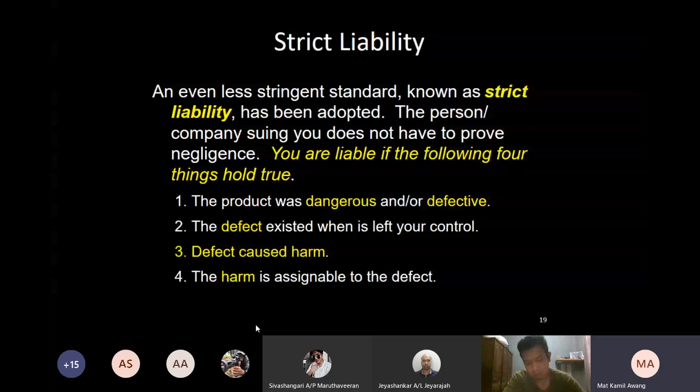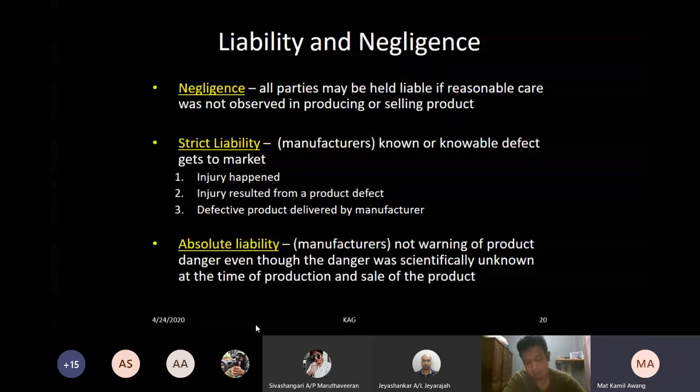So liability and negligence. Negligence: all parties may be held liable if reasonable care was not observed in producing or selling the product. So all parties will be liable if they meet all those four conditions in legal negligence. Right? For strict liability,